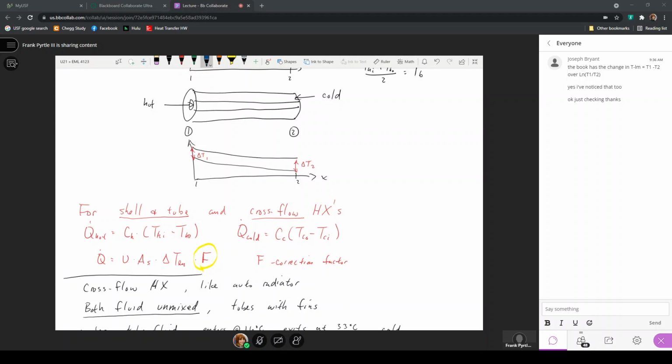But these two methods can be applied to any of the heat exchangers, and that includes the double pipe, shell and tube, and the crossflow heat exchangers. It's a matter of being able to measure the measurable quantities to then calculate the ones that are not directly measurable. So even in the case of the surface area